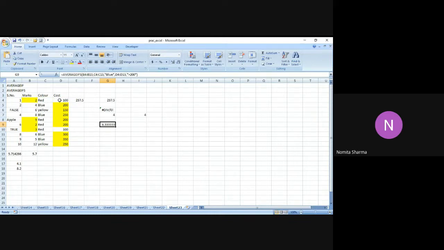Now let me check whether I'm getting the right answer or not. Now I need to have two conditions over here. The first is for the blue. Let me highlight the blue first. So we have 1, we have 2, we have 2 more, and then the criteria was the number should be more than 200 in the D column. So in the D column, we have this more than 200, this more than 200, and this more than 200. And luckily, all three are having the blue color.